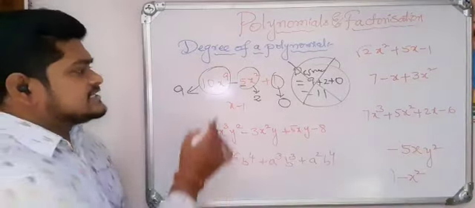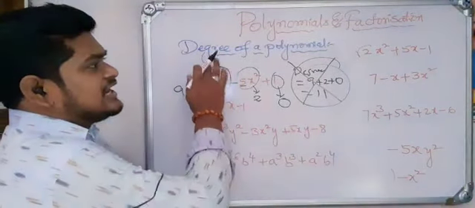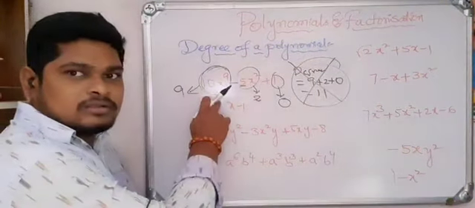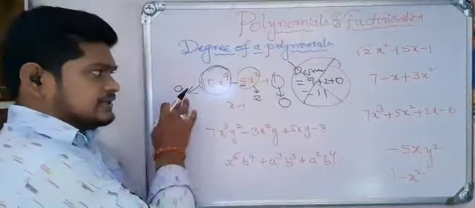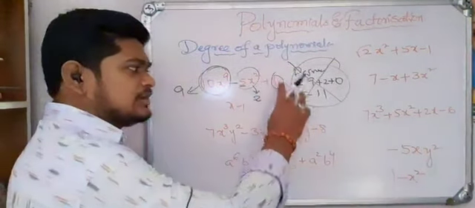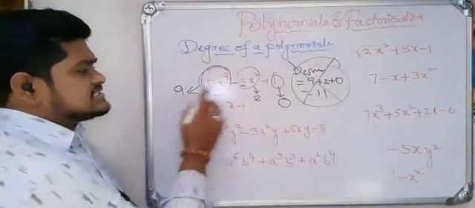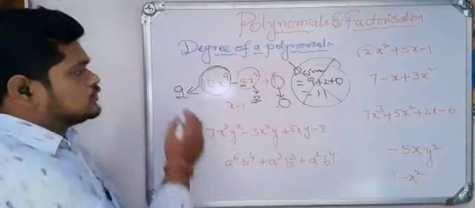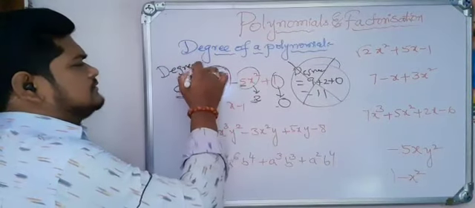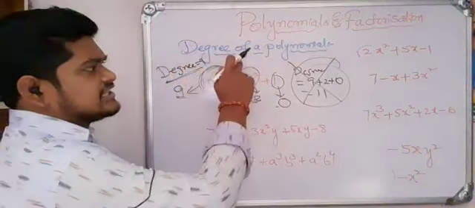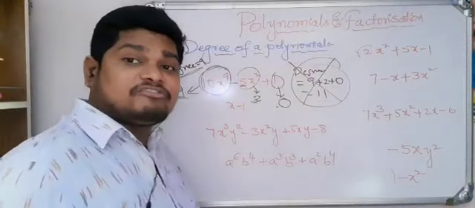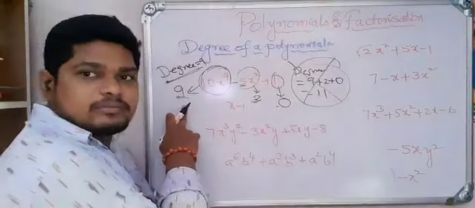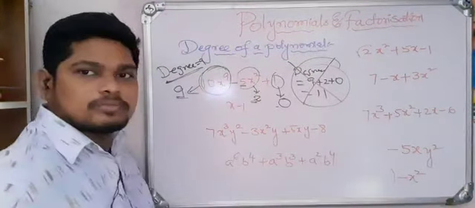Simply, it is a monomial. Polynomial degree means separately we should find the degree of each and every monomial. It is one monomial, it is degree 9. It is a monomial of degree 2. It is a monomial of degree 0. From those three, select the highest. 9 is the highest, 2 least. So degree must be equal to here 9. Degree of the polynomial is nothing but the highest power of the terms, that is highest power of the variable, which is nothing but degree of a monomial.